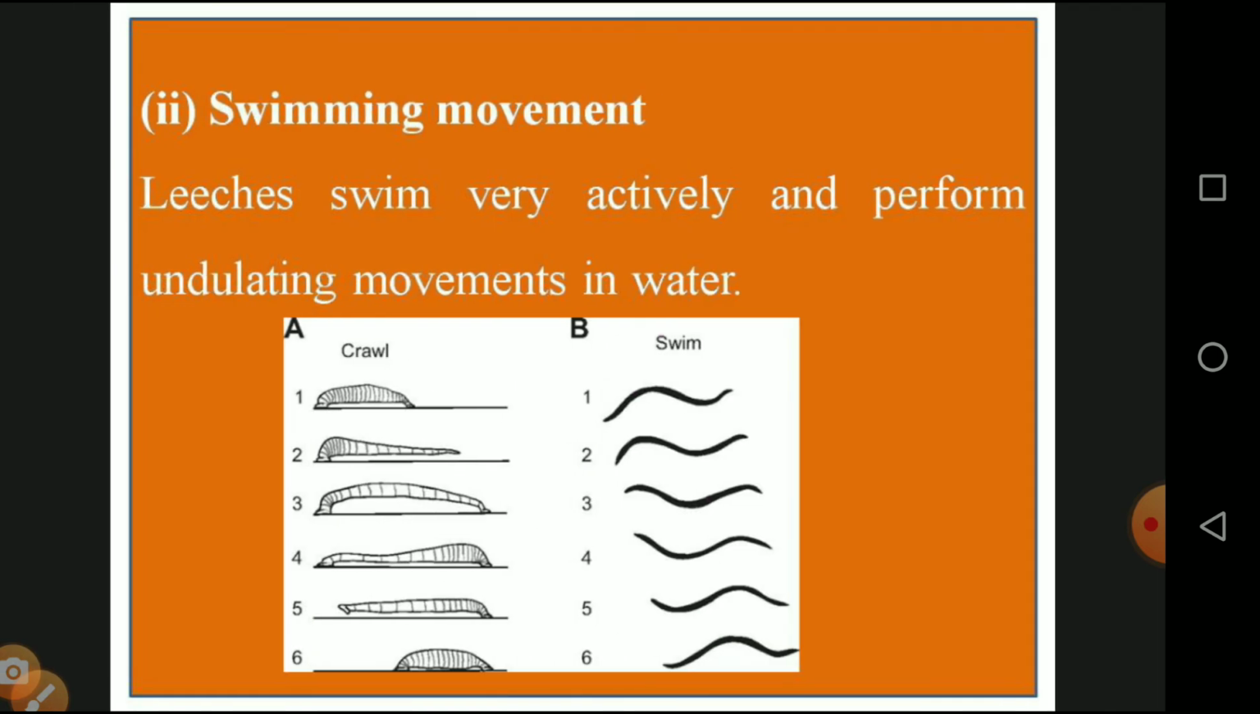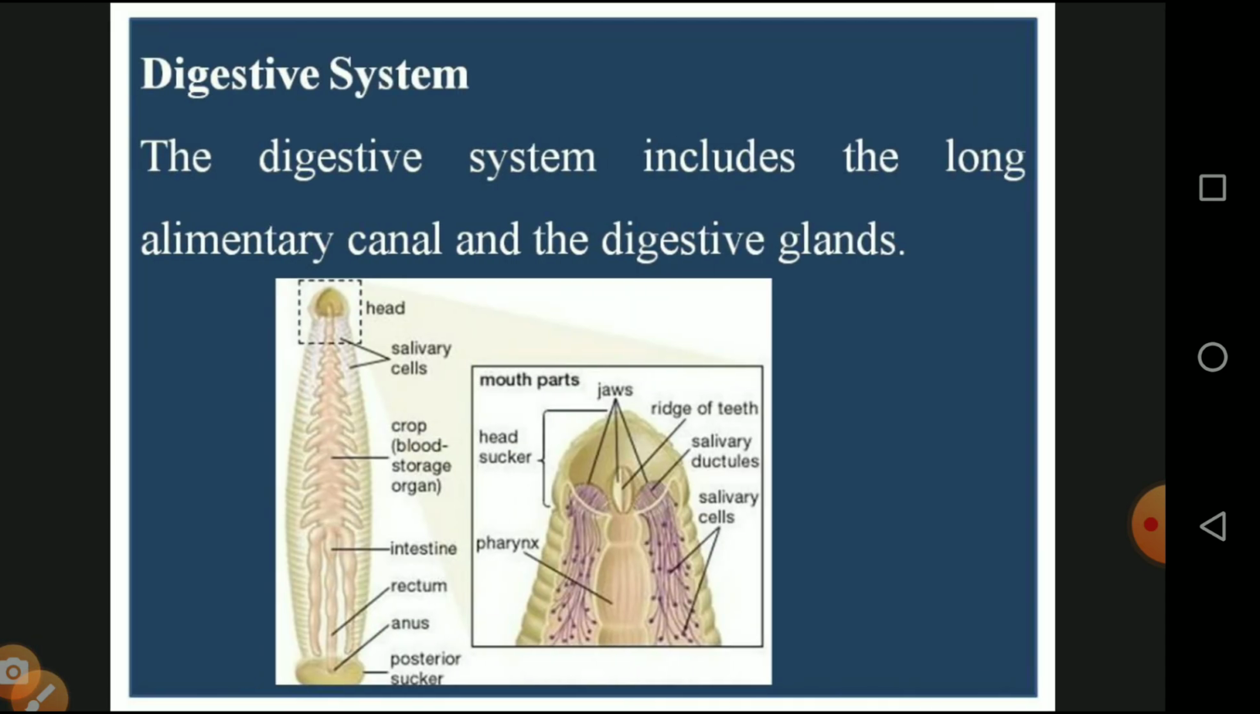This is a diagrammatic representation which shows the crawling movement and the swimming movement. In the swimming movement, the leech moves very actively in the undulating movement of water. And next we will see the longest section, the digestive system of leech. All organisms have a digestive system; likewise the leech also has a well developed digestive system with the presence of a digestive gland and